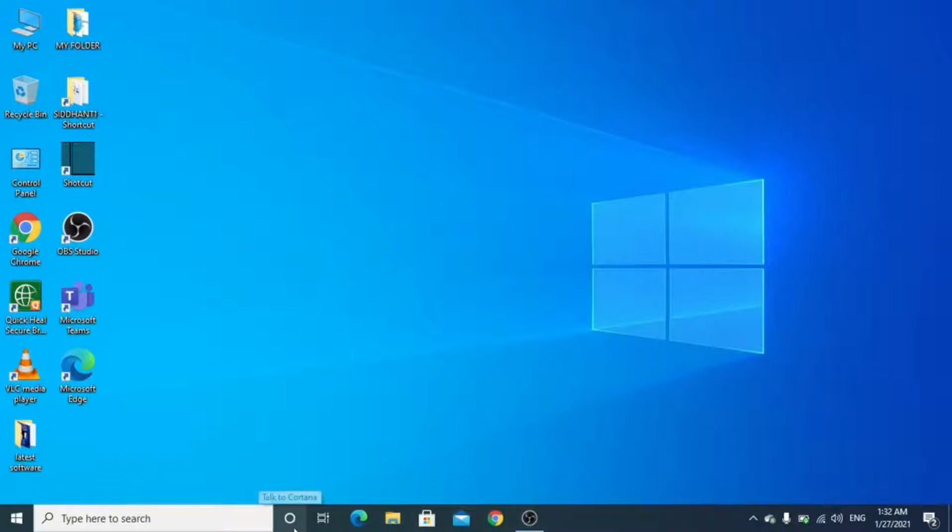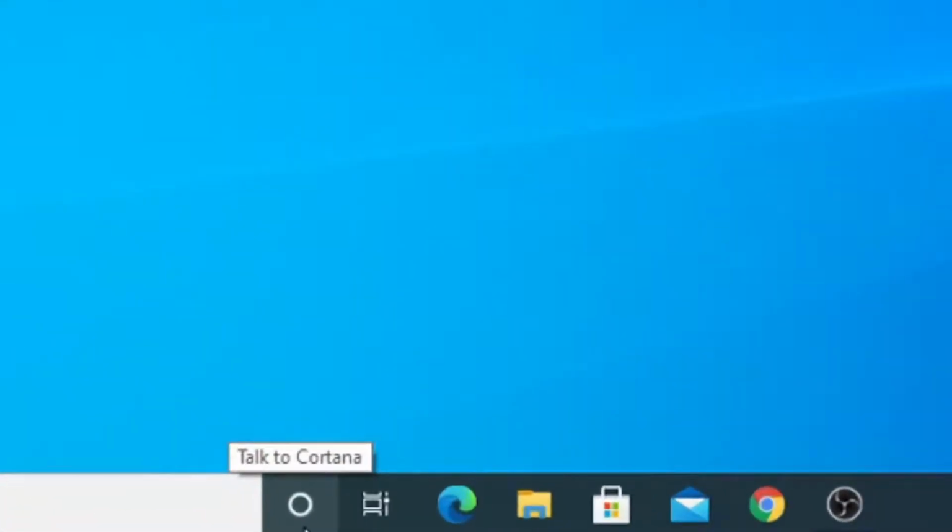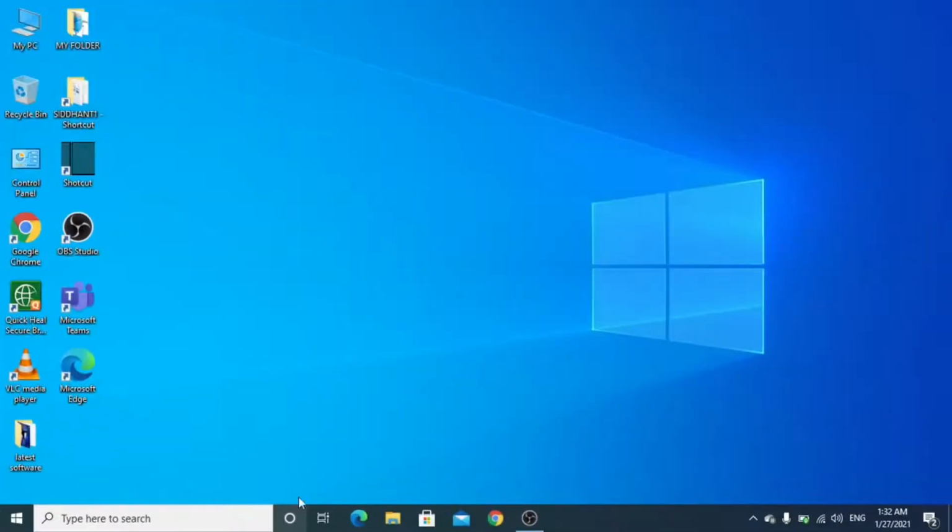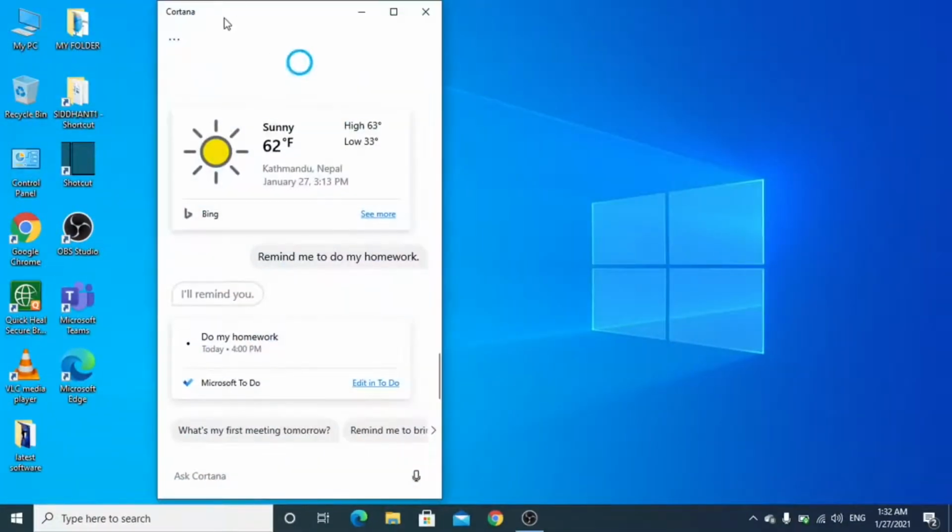Just click there and it will pop out. You can maximize or minimize it. I suggest minimizing this. If you are opening it for the very first time, it will ask you to sign in with your Microsoft account. So you have to sign in and continue.